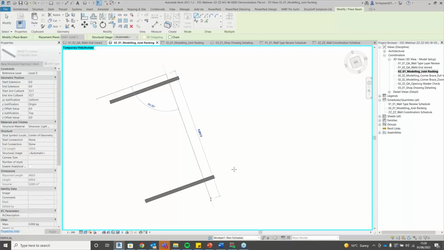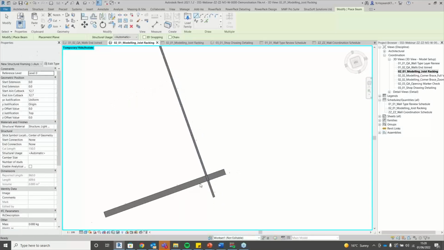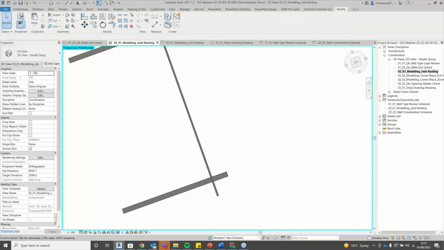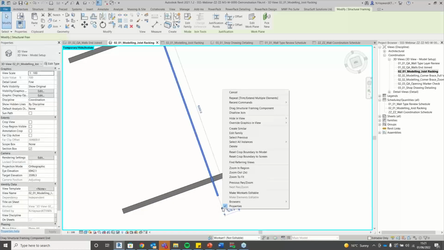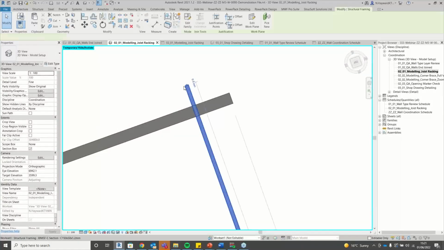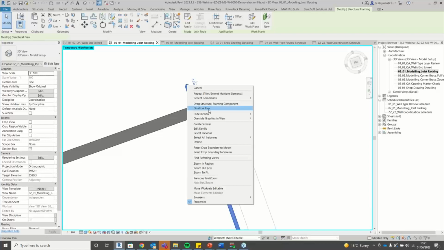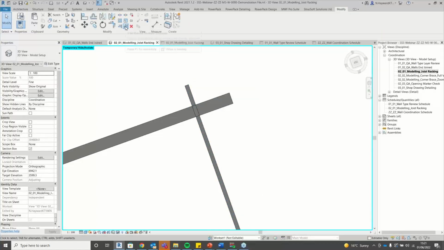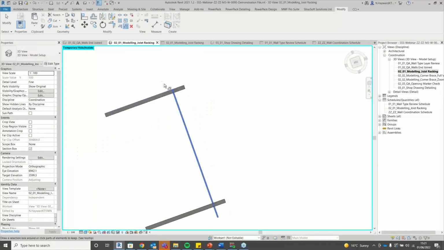So Natalie's going to go ahead and drop in some framing, and we're just going to sort of exaggerate it a little bit here so that she can access the ends of the framing and disallow those ends and trim the member up to the first and the last joist in that joist run. Symbolizing that that's the overall length of the joist racking, and from there we've just got to position it within the joist system, and then we can just simply copy and paste. So we're getting that first piece here just trimmed up. Once it's trimmed up, we've got the confidence to then copy and paste and go to a side elevation view